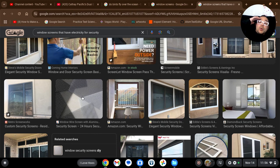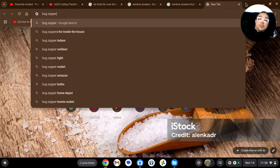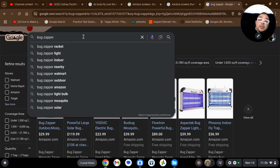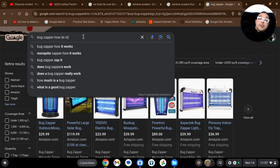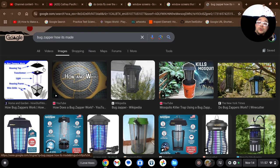So what I was thinking is kind of like a bug zapper. Well, I already know how it's made, but I'm going to type in how it's made. So basically there's one screen, and then there's a separator, and then there's another screen. Okay, and there's a positive and negative current that passes through